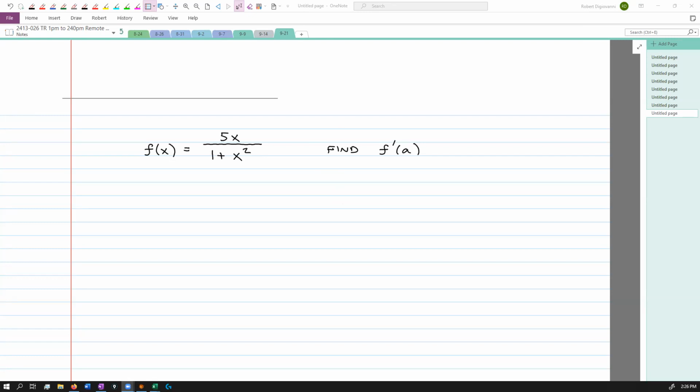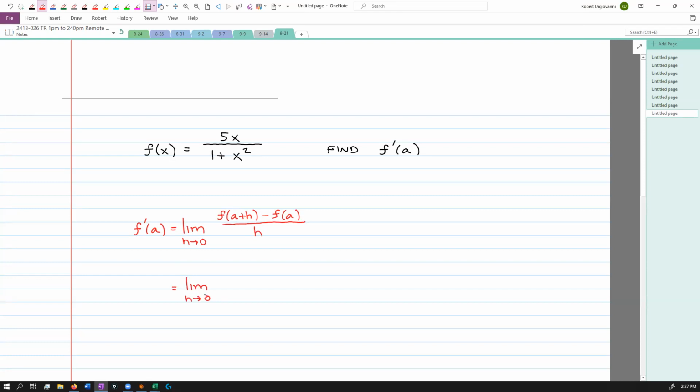I'm gonna work through this. All right, so the derivative at a is the limit. I'm gonna go with the h goes to 0 formula. So the limit as h goes to 0 of f of a plus h minus f of a all over h. That's our generic formula. So this will be equal to